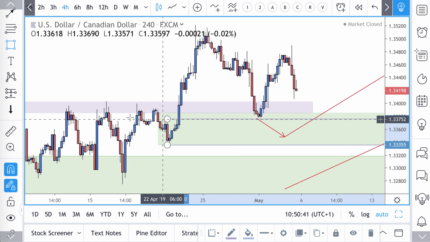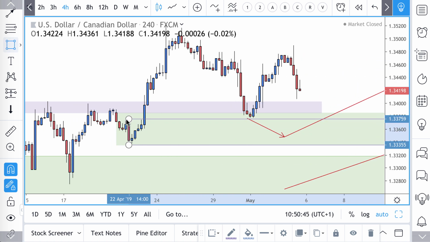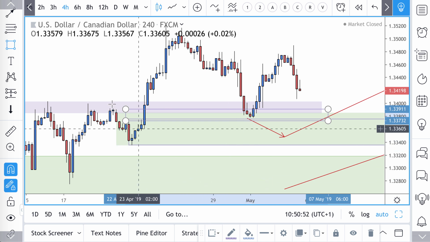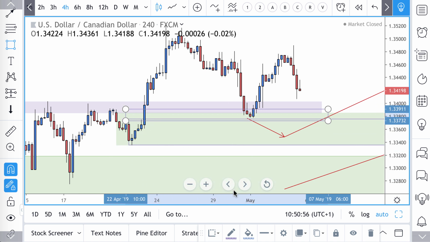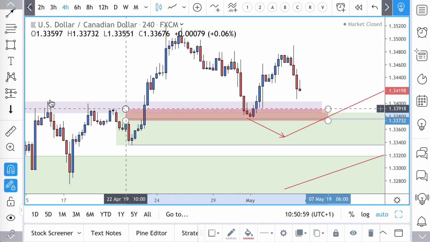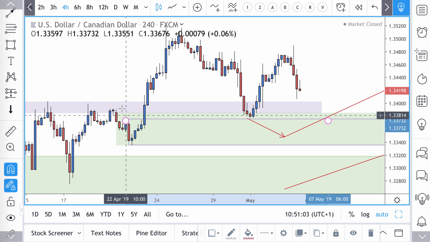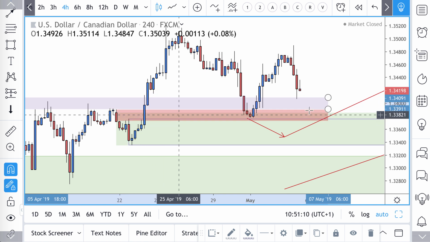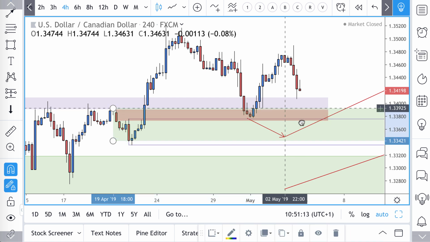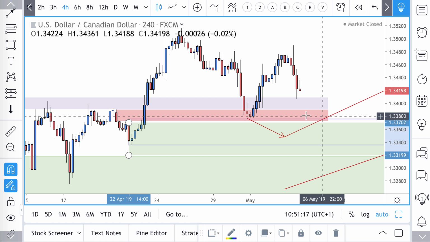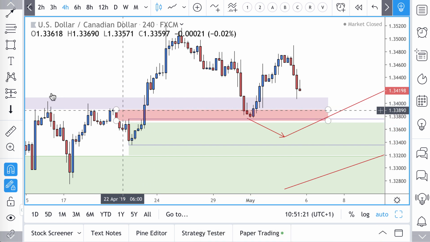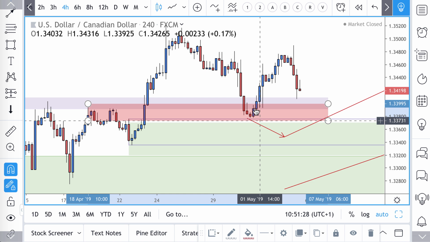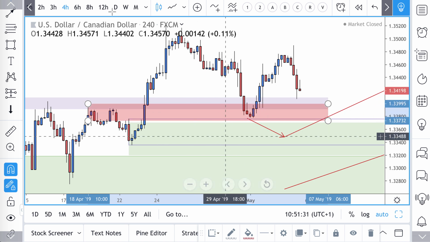You can see these guys at the top, because if you would have got short anywhere around here, you would have been placing your stop losses around here, and these guys probably would have got out first at the top of you, placing your stop losses around the highs of the market. So there would have been stop losses there, and probably around here as well. Oh Lord, you think you get what I mean? Anyway, there were stop losses probably anywhere around this area here, so you can see where it's just touched the top of that CPR zone and gone in the other direction,